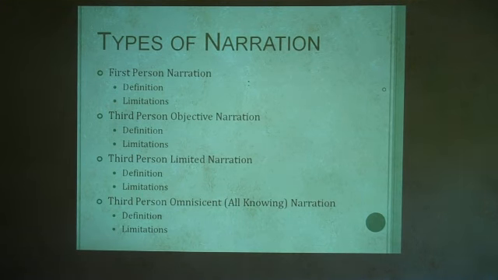With a third-person limited narrator, we know what one character thinks and what that character feels, but we don't know what the other characters feel and think. The most informative narrator of all is the third-person omniscient or all-knowing narrator. This is a narrator who knows and tells us what all the characters think and feel. But even this point of view has its limitations and advantages because the author has to manage a multitude of perspectives.